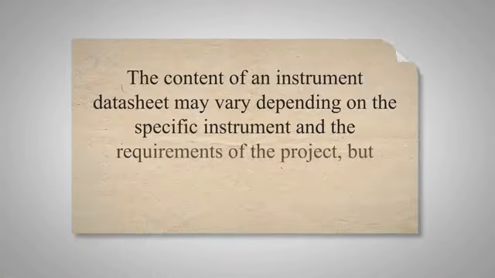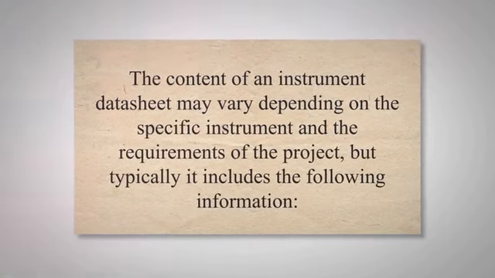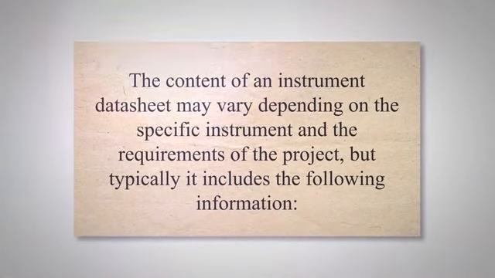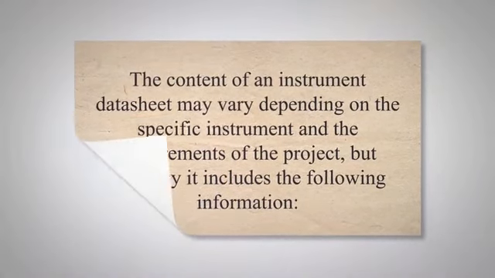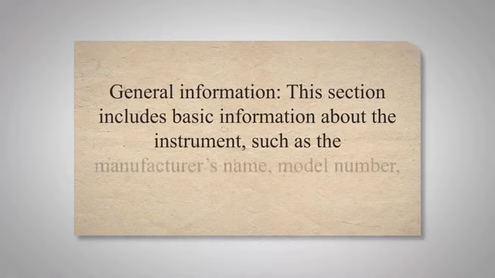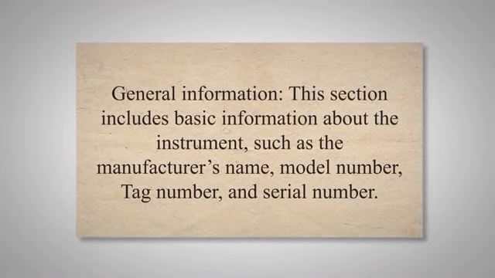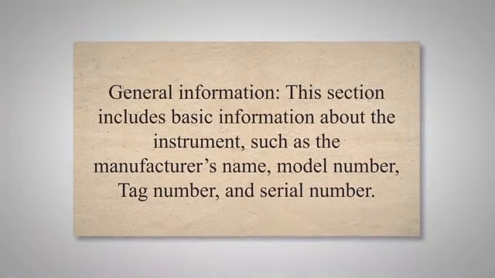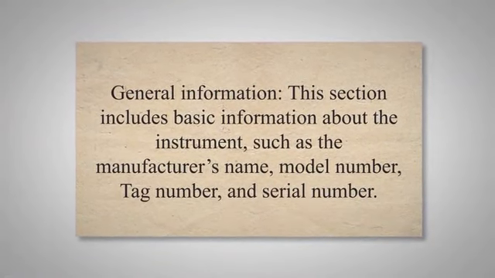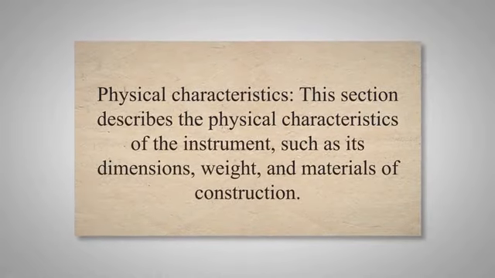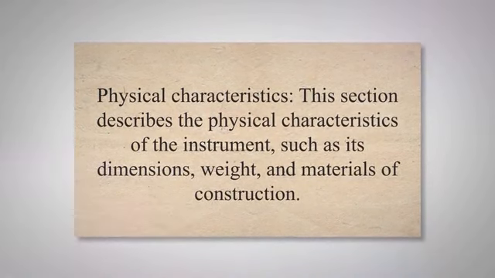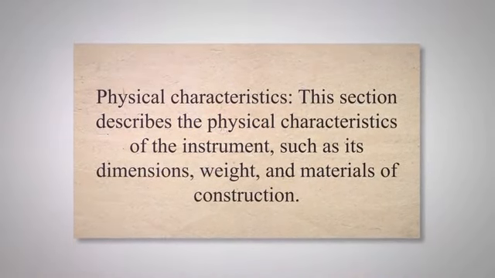The content of an instrument datasheet may vary depending on the specific instrument and the requirements of the project, but typically it includes the following information. General information. This section includes basic information about the instrument, such as the manufacturer's name, model number, tag number, and serial number. Physical characteristics. This section describes the physical characteristics of the instrument, such as its dimensions, weight, and materials